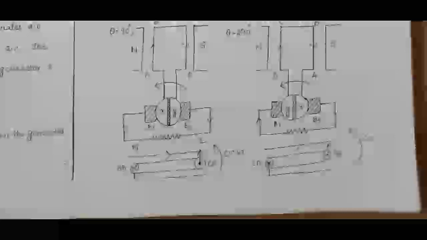If you maintain a cross conductor under north and a dot conductor under the south pole, then we can get a unidirectional torque in a DC motor. So the machine starts rotating.